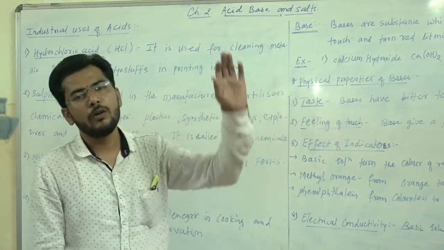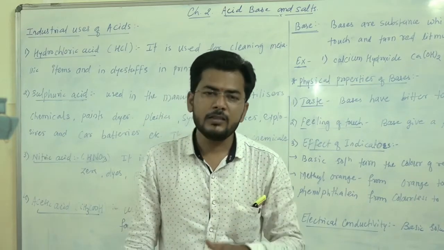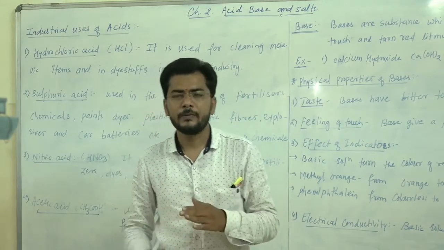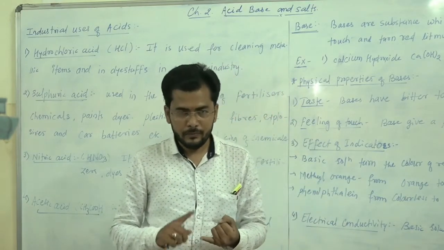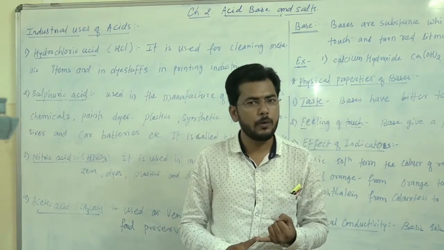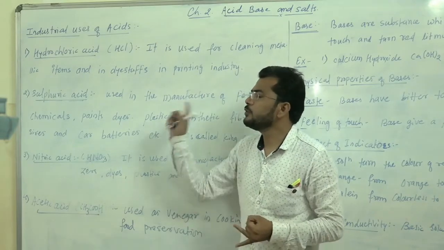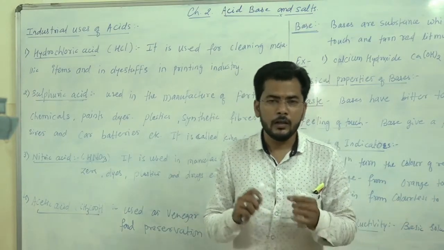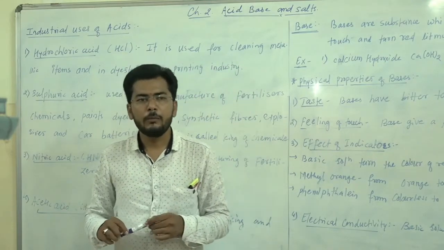So what is the formula of acetic acid? CH3COOH. This is all about acids. We saw what is an acid, then the physical properties of acids, the chemical properties of acids, and some uses of acids. Now today we are learning about